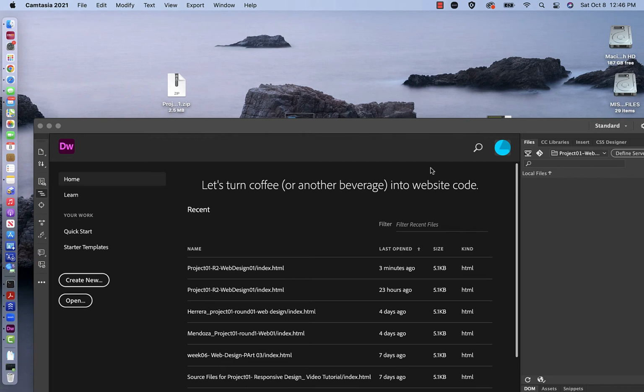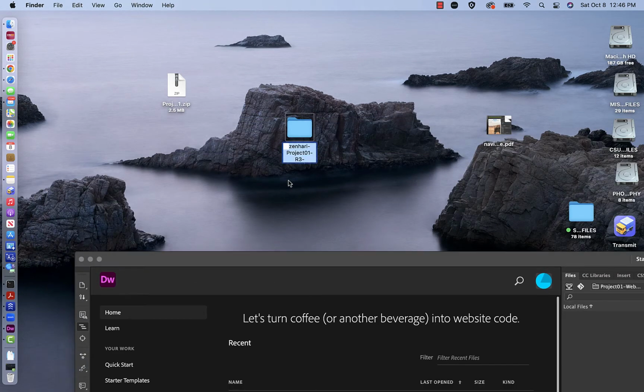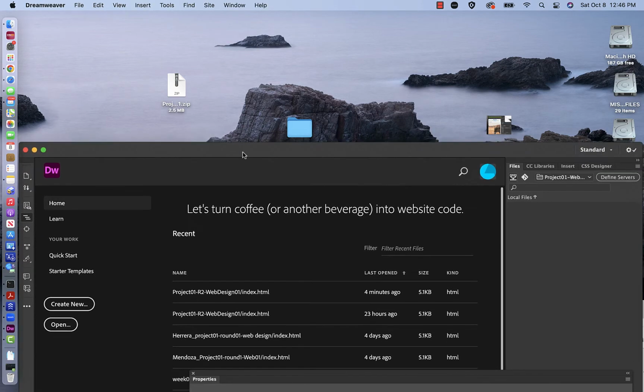Hi everyone, I'm going to go over how to add a navigation bar to your homepage and also duplicating your index page to multiple pages in Dreamweaver. So I've changed the name of my folder to reflect the round 3. Basically, I added my last name and I've changed the title of the folder from round 2 to round 3,